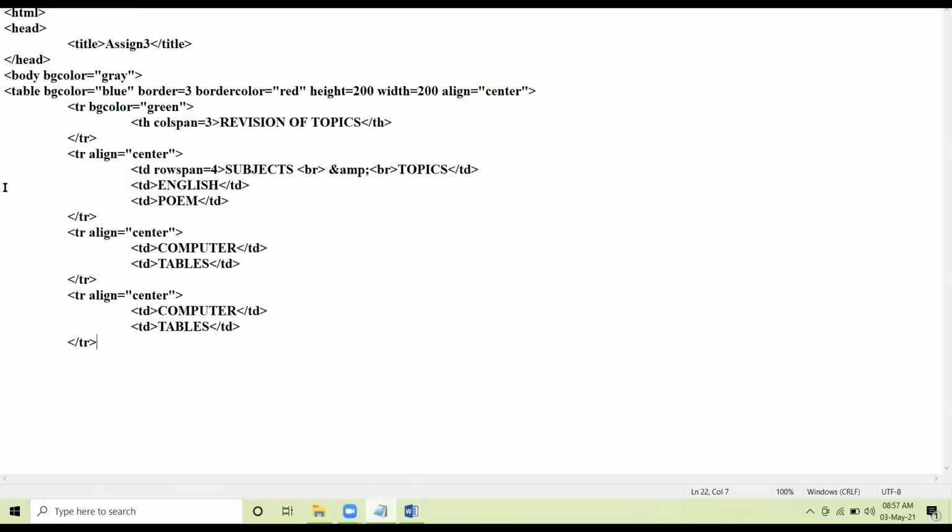So see here, maths 1, then row span equal to 2, geometry BR algebra. Okay, algebra. Clear?